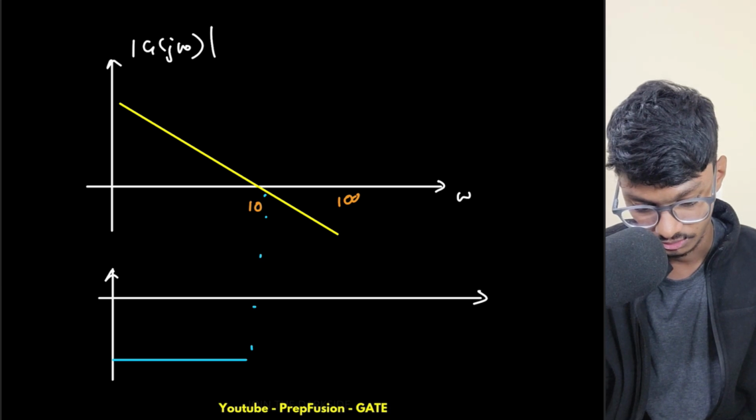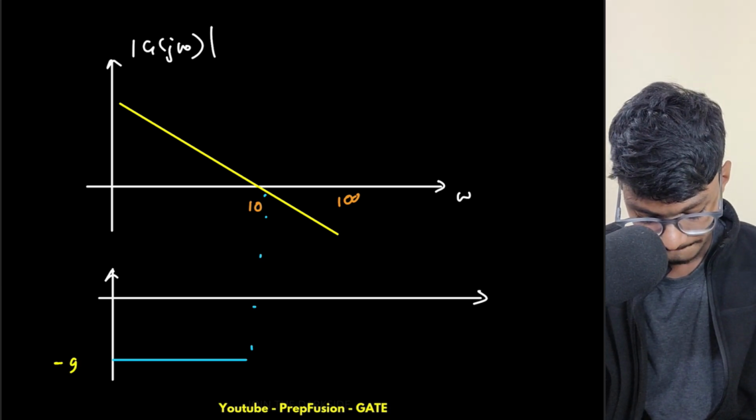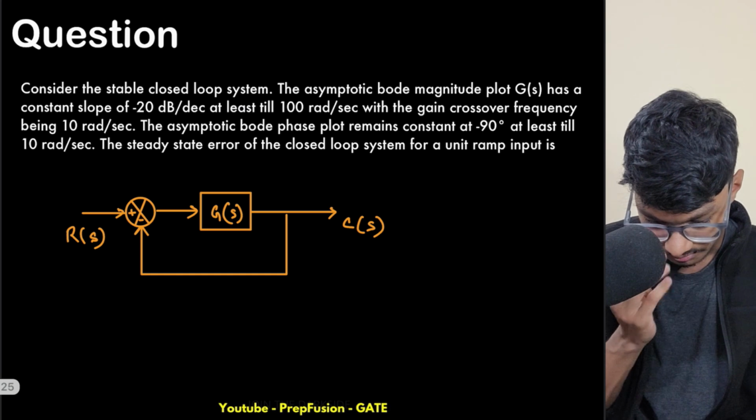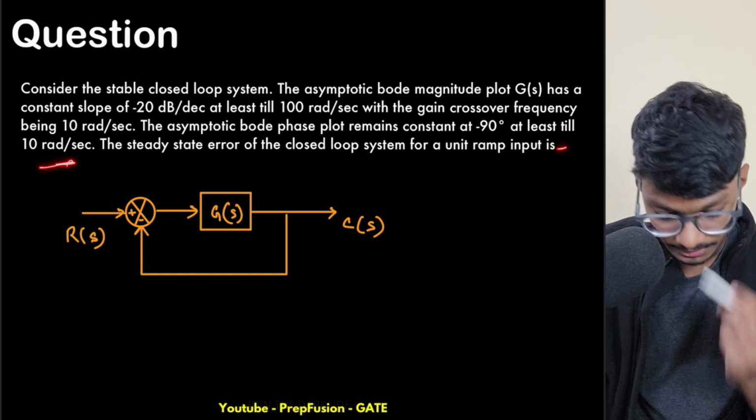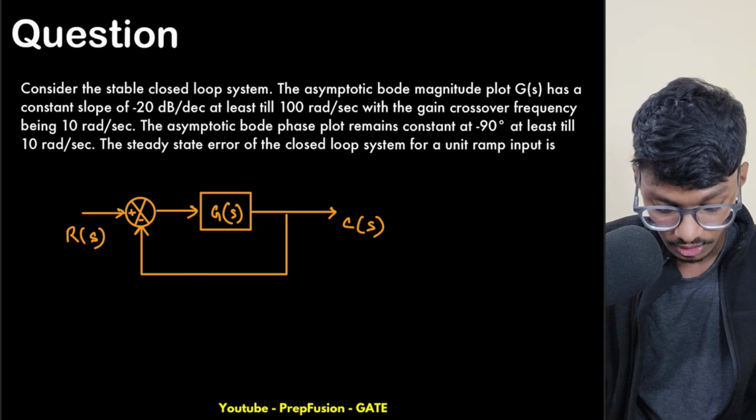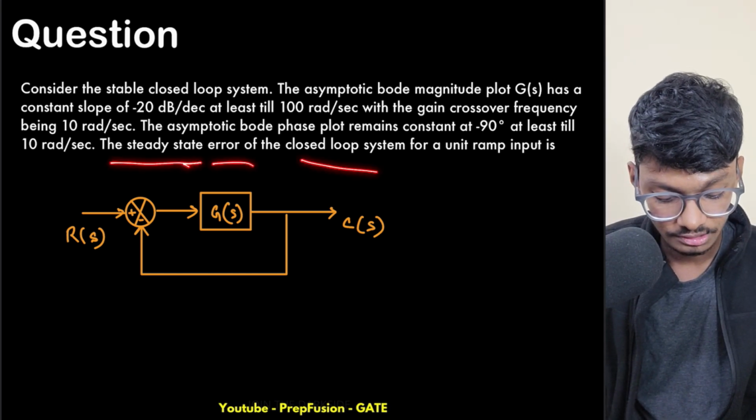So that's why they told like that. So this is -90 degree, okay. Now at least till 10 radian per second. Now okay, that's fine. Now they are asking us to find the steady state error of the closed loop system